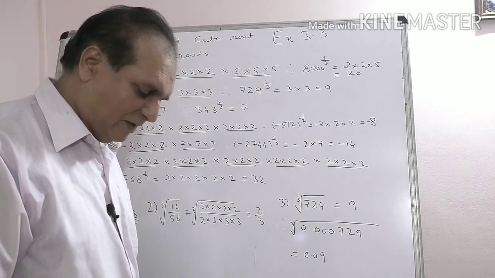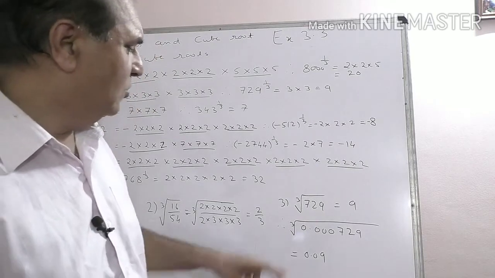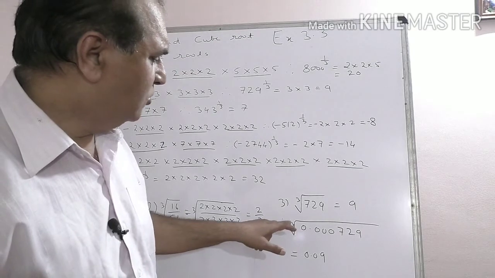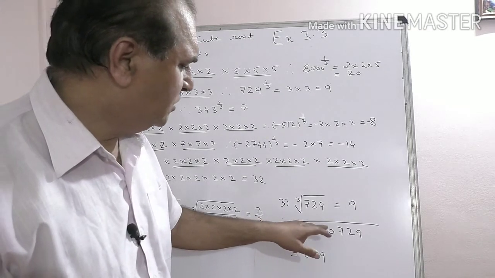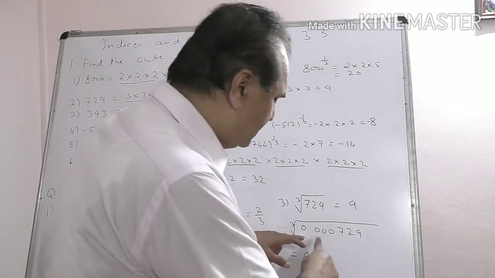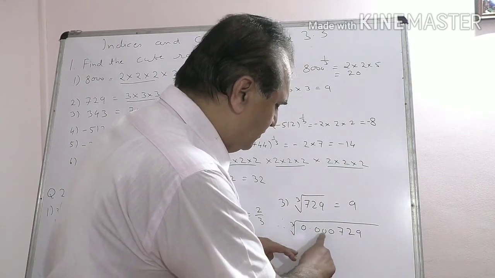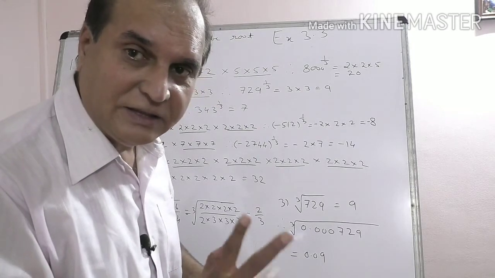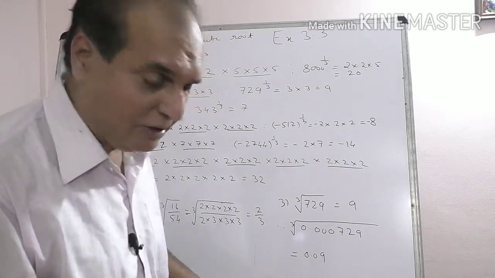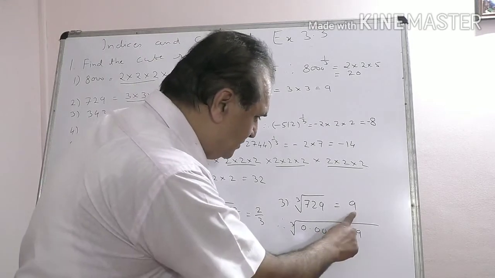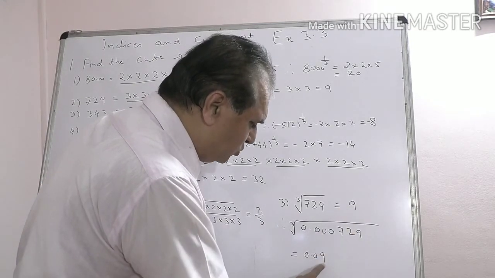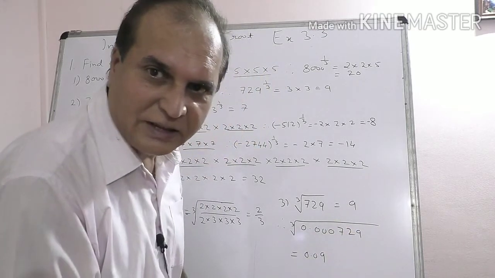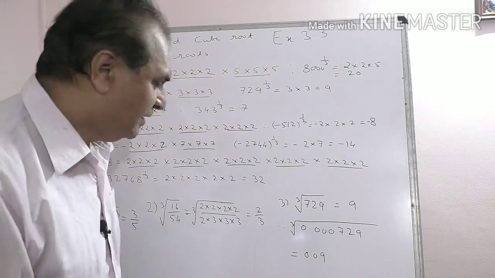Okay, this is in case of decimal point. See, cube root of 729 is 9. Now cube root of 0.000729. See, there are 6 digits after decimal point, 1 2 3 4 5 6. So you have to divide by 3. 6 divided by 3 is 2. There should be 2 decimal places. So 9, so 1 more 0, then point 0 9. After point, 2 digits. Got this? Very simple.